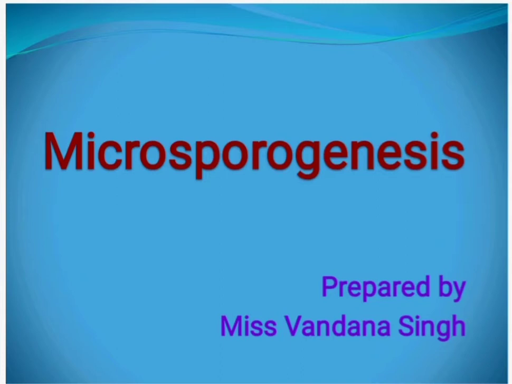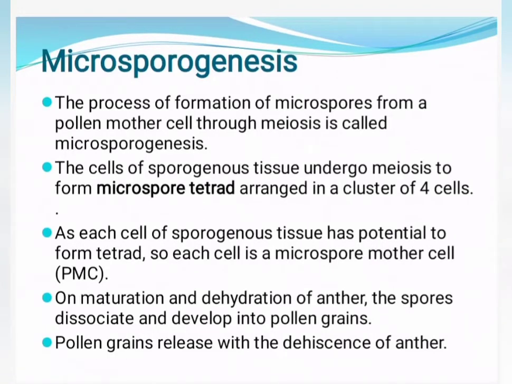So let's begin. In our previous video, we have seen that microspore mother cells are located along the inner edge of the anther sac or microsporangia. Now we will see how microspores or pollen grains are formed from those microspore mother cells. Normally, all the microsporogenous cells are capable of producing microspores, but some of them disintegrate and are absorbed by the remaining cells. Microspore mother cells divide to form microspores by reduction division or meiosis.